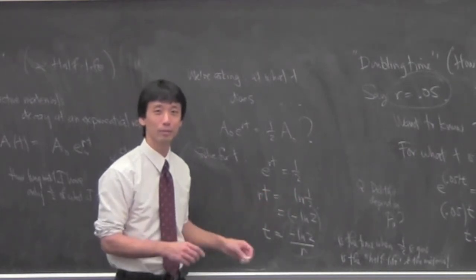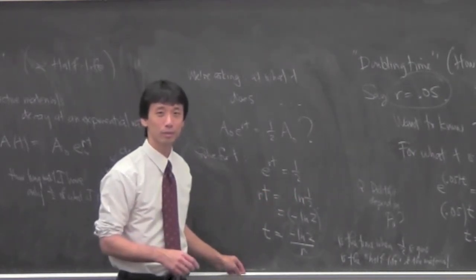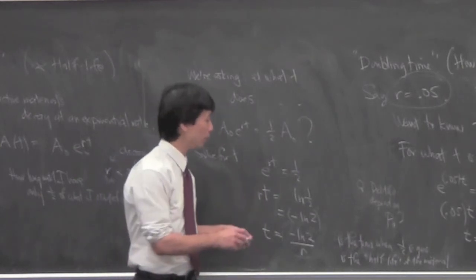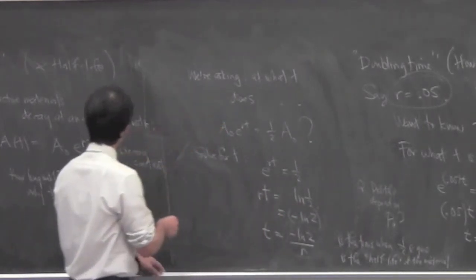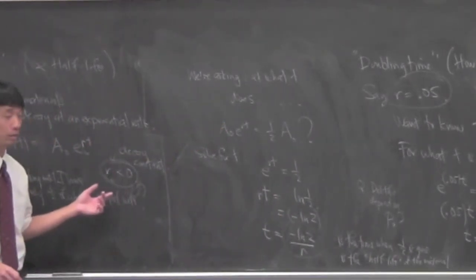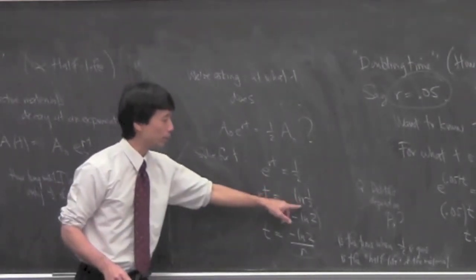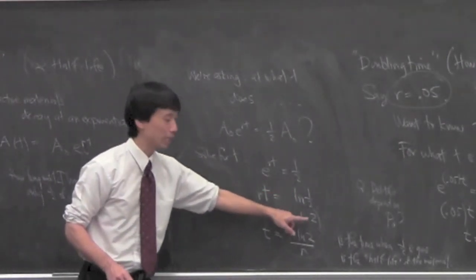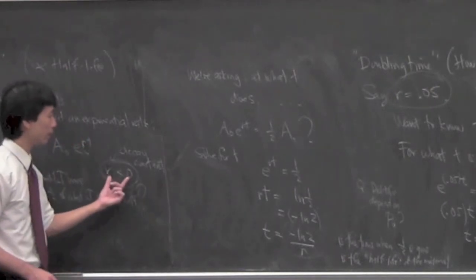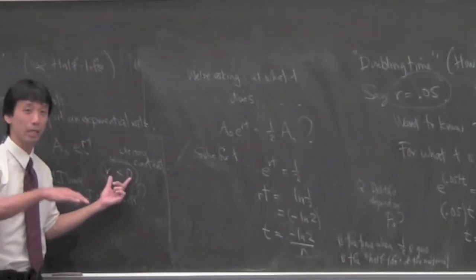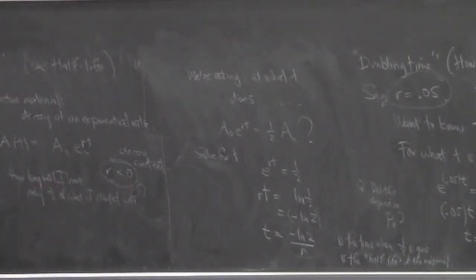Yeah. So the negative just comes from us going to the negative? No. There are two negatives. One is the natural log of 1 over 2. That's negative the natural log of 2. The other negative is because we know this is decaying. This is a decreasing exponential function. So the exponent is negative.